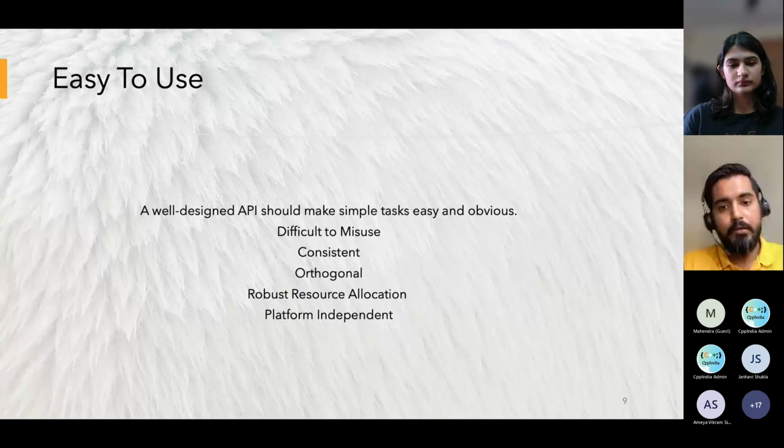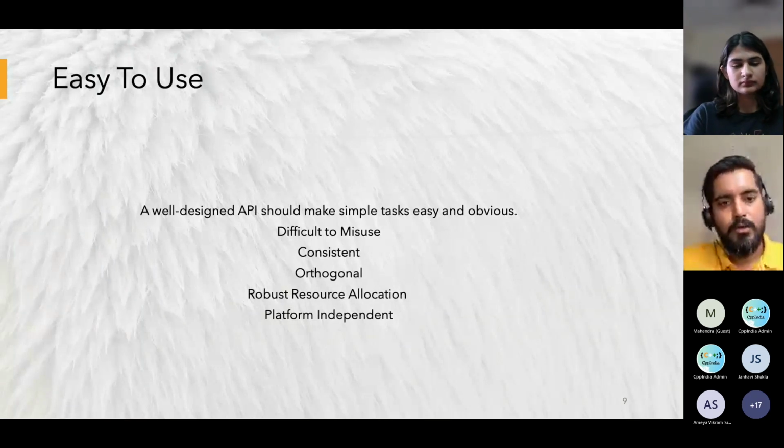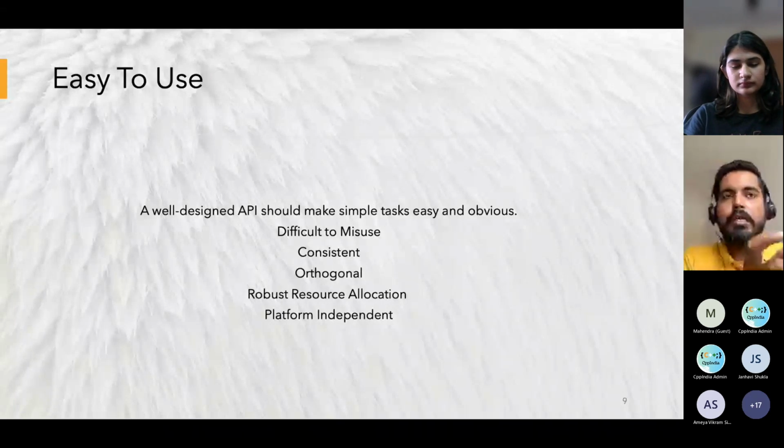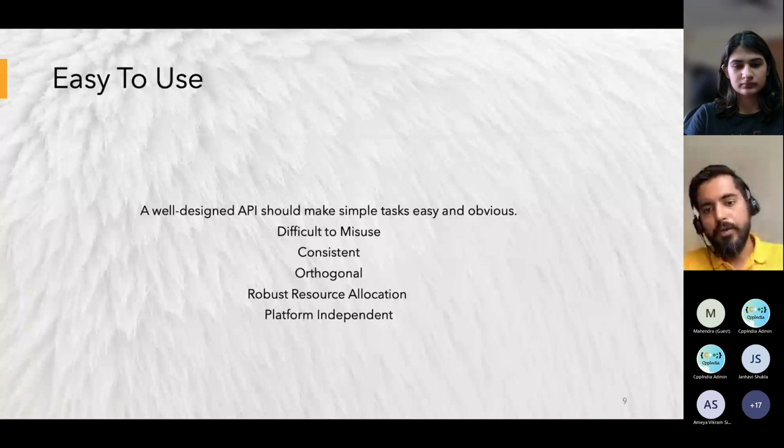So, when I'm saying easy and obvious, it means that users should be able to remember those things easily. It should not be some very lengthy API which you are writing, or confusing APIs. These should be short and simple, like connect, disconnect, send, receive, bind. These are very simple, so you can remember these small words in your mind. So that's a good thing always for you.